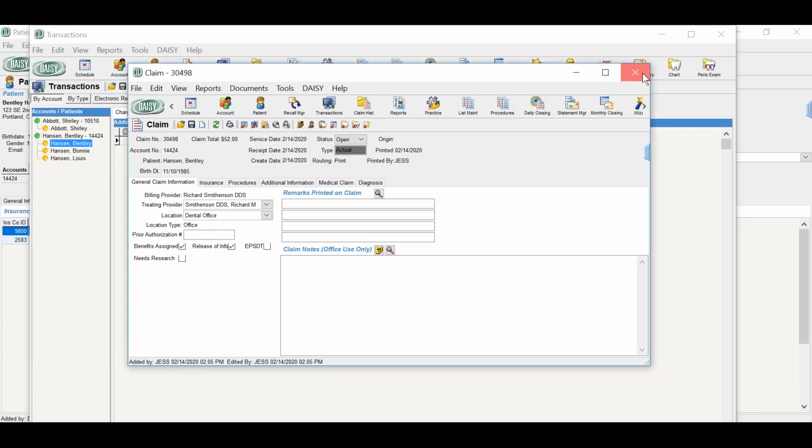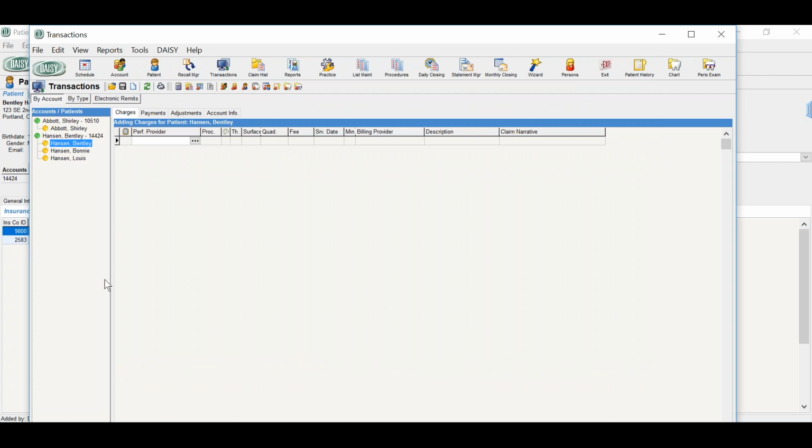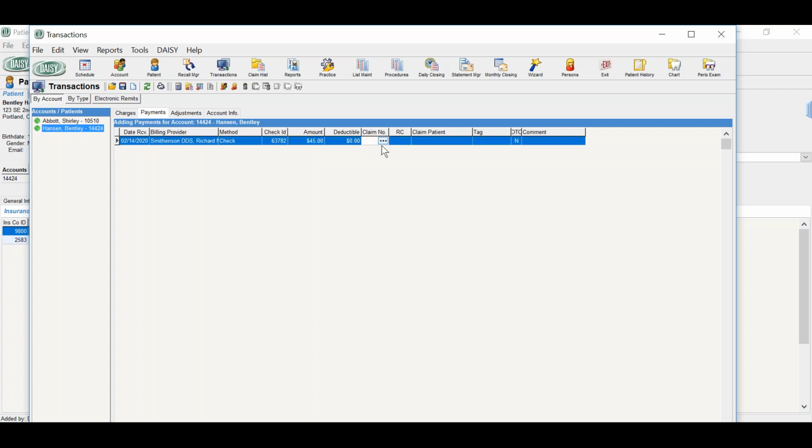Okay, so let's just say that the insurance has paid on this claim and we are ready to post that claim payment. Coming back to the transactions window under the payments tab, you would add the check information. Sometimes if you use ERA, you might have an EFT payment. You would put in your amount that the insurance is paying. And when you connect your claim,